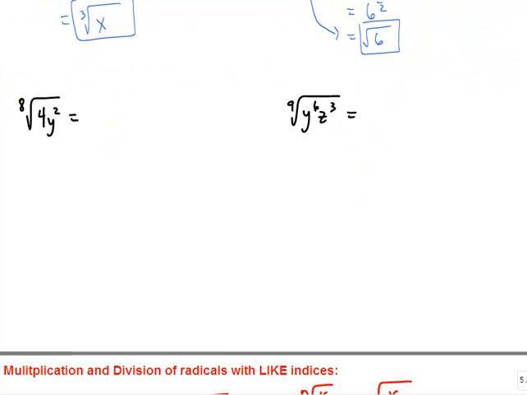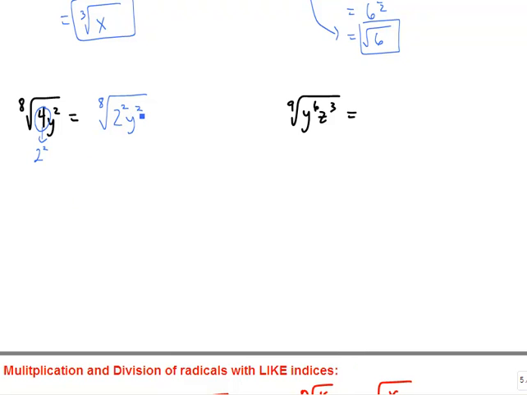Okay, here's another example just like that. We have the 8th root of 4y squared. 4 is not a perfect eighth, and y squared, there's not enough y's there to pull any out. So you may think, well, I can't reduce this at all. But actually we can, because 4 is one of those perfect squares, so you want to think of that instead as a 2 squared. So if we rewrite this as the 8th root of 2 squared y squared,